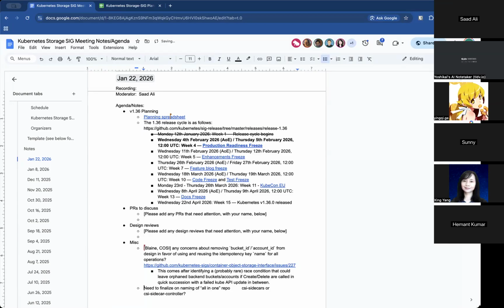It's actually CSI driver controller, I got it wrong last time. The other suggestion. CSI what? CSI driver controller, not CSI sidecar controller. Okay. The naming is coming, but I know you have concerns. We can talk about that later. Yeah, it's okay. Let's discuss later. Thanks. Okay, so we'll come back to this. Let me just put your name down.